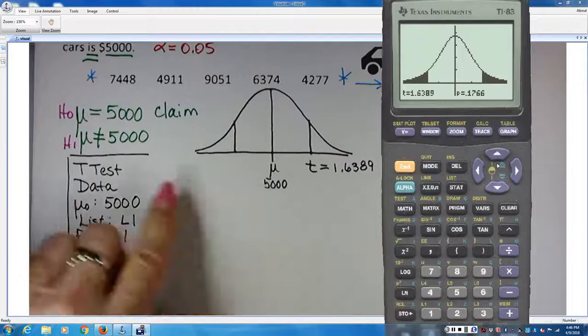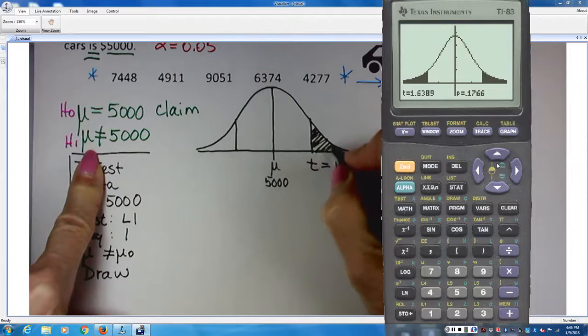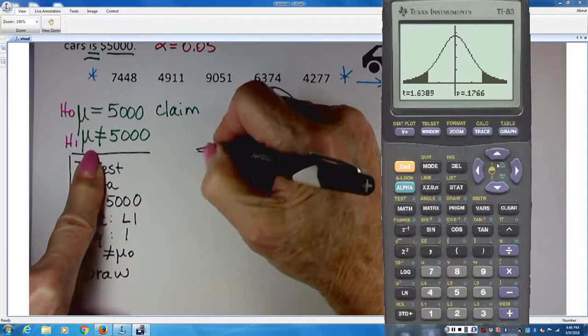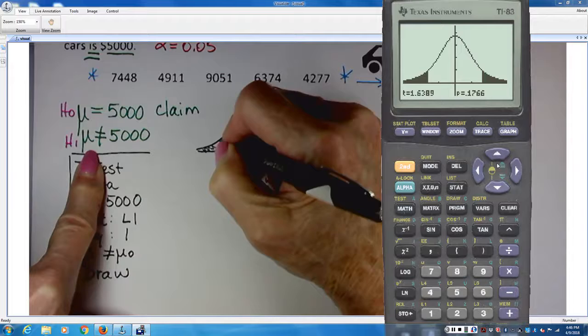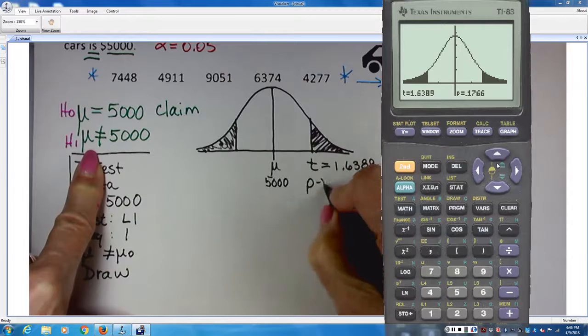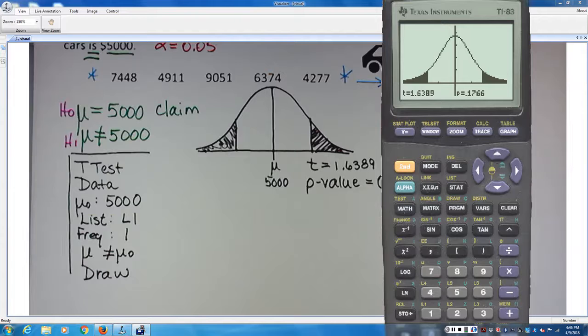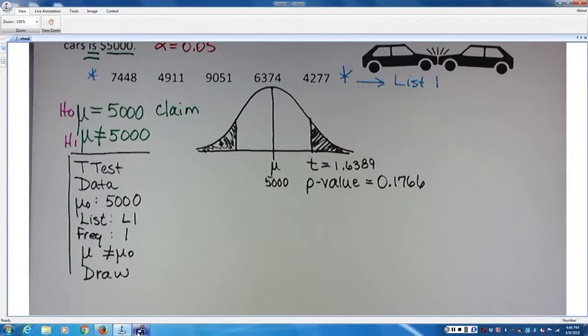But because it's a two-tailed test, because this says not equal to, the total p-value is the p-value for the upper tail plus that same p-value in the lower tail added together, which turns out to be 0.1766. So anytime you have a does not equal to in an H1, then you're going to see a two-tail test and you'll see shading in both tails. So that p-value, just like we always do,